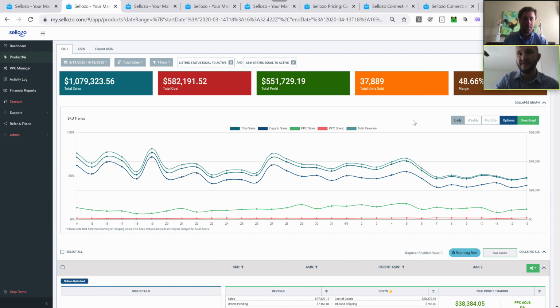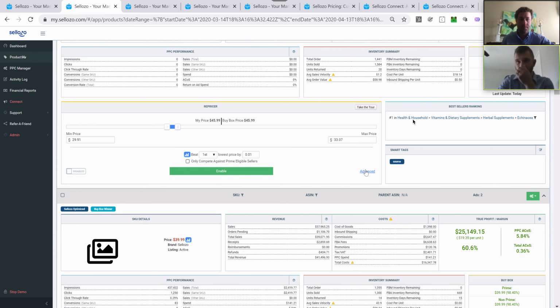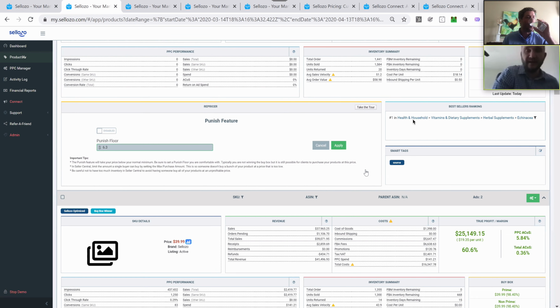Another one that I wanted to touch on shortly is down here on the repricer, this little advanced feature called the punish feature. This is a cool feature that we added based on a request from some sellers that were getting a lot of hijackers on their listing, or even some wholesalers that want to get people off their listings. What you can do here is turn on this punish feature, and then when we reprice the product